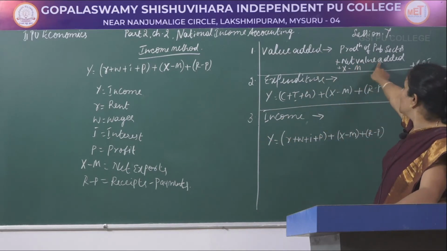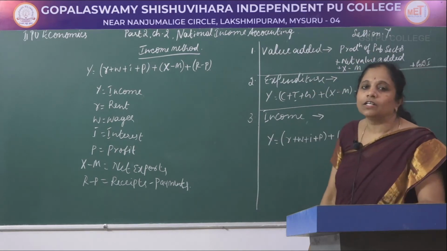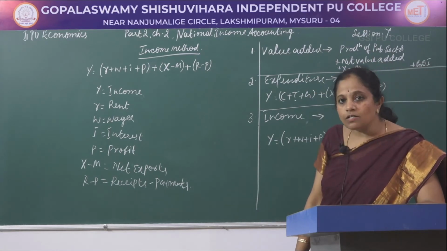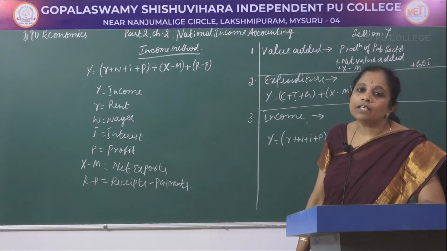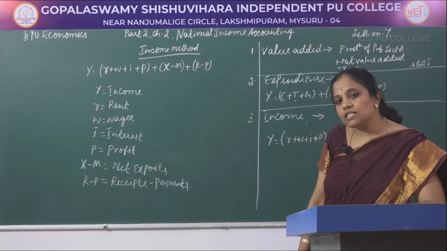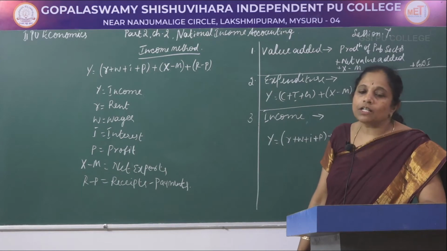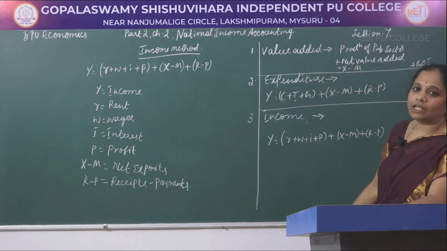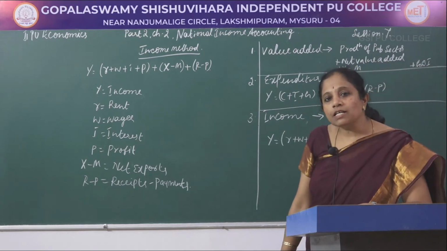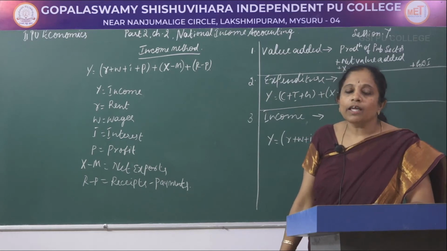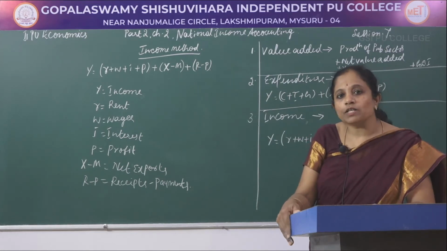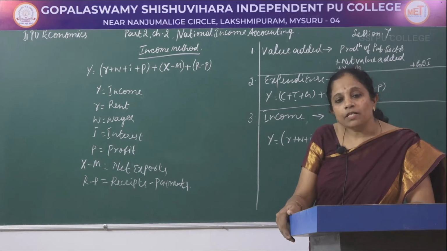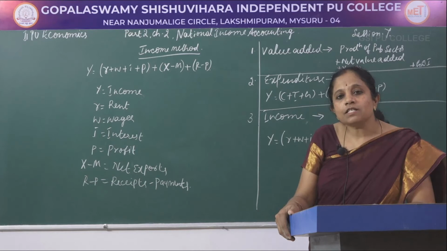After that, the net value added is taken into consideration. The net value added involves both the production of public sector goods as well as private sector goods. So, the net value added of the economy is also considered. The next one is X minus M, that is the exports minus imports. As you all know, every economy intends to have more exports, and today the Prime Minister has called for Atmanirbhar Bharat, that is self-sustainable India.